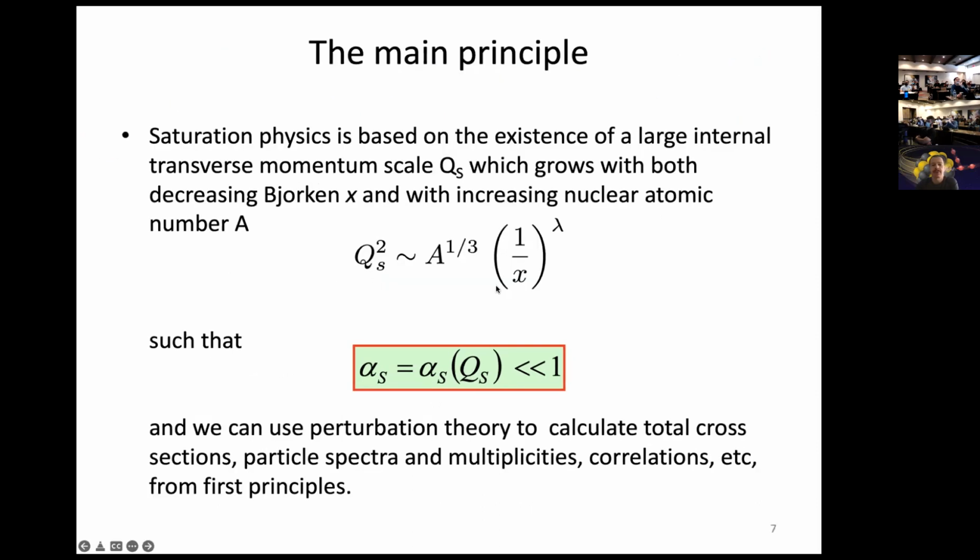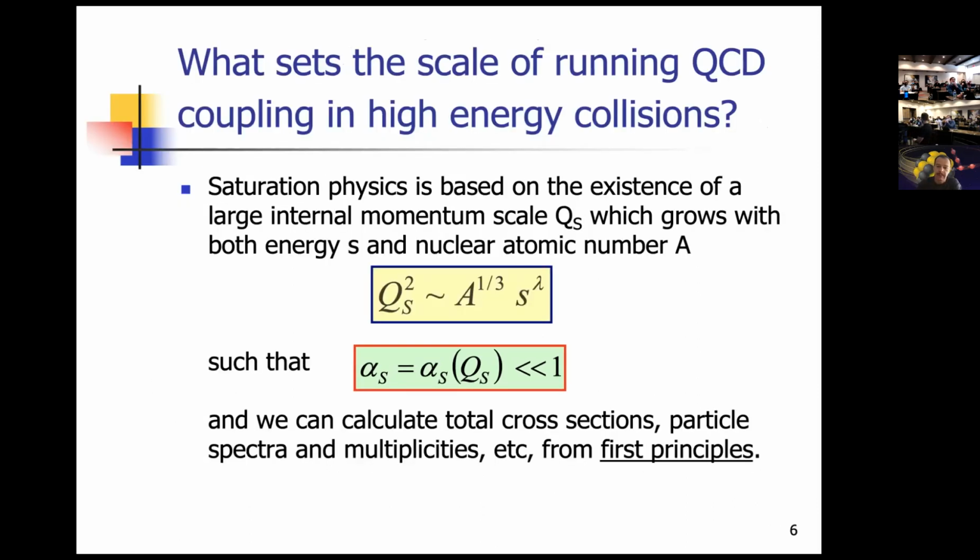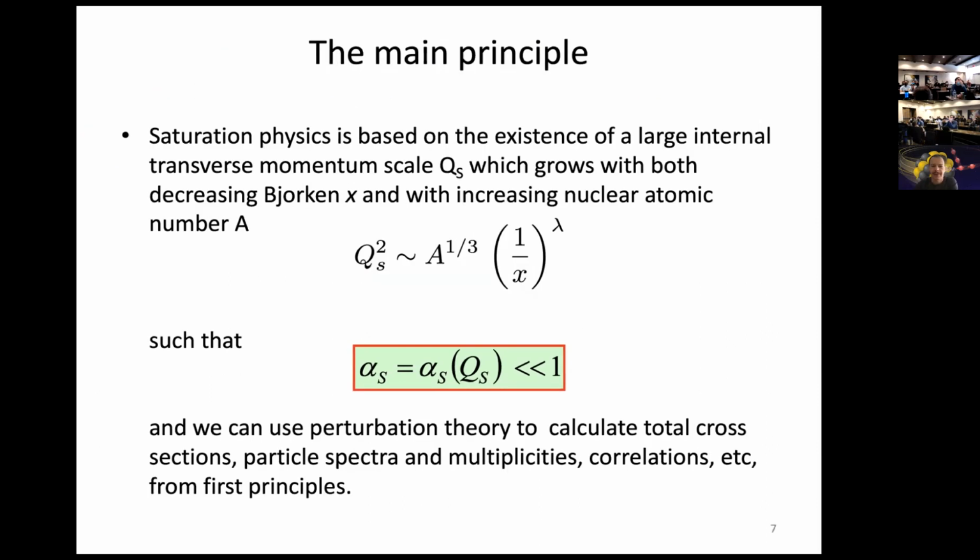So let me be more precise. It's a different version of the same slide. Instead of the power of energy, I put 1/x. If you're talking about a wave function of a typical hadron, the saturation scale goes like this. Yeah, question? Can you go back to the last slide? Yes. If lambda is about 1/3, what scale compensates for the dimensions there? That's why I have the second slide where it's 1/x.